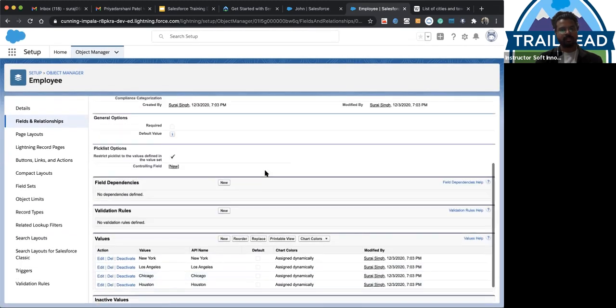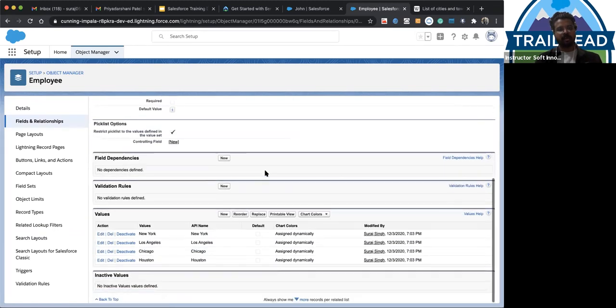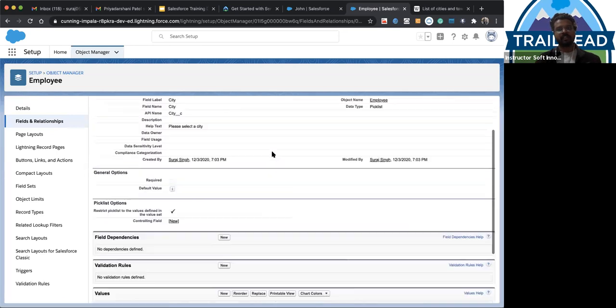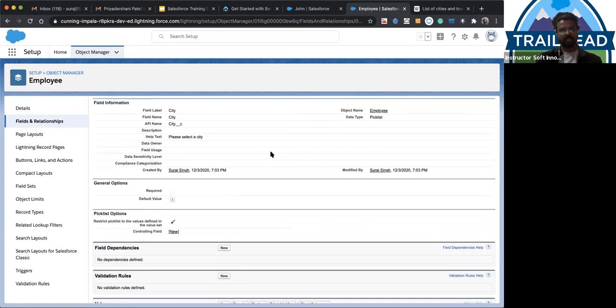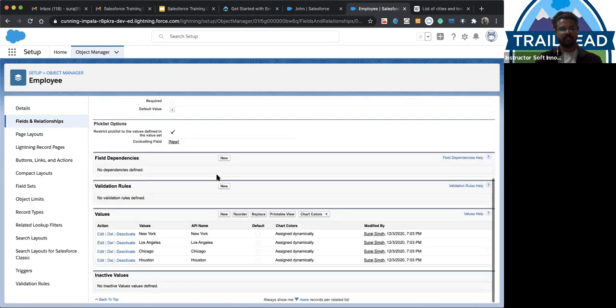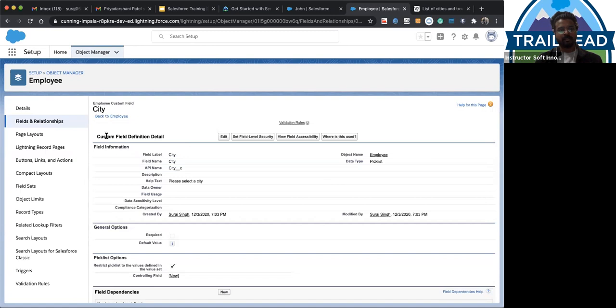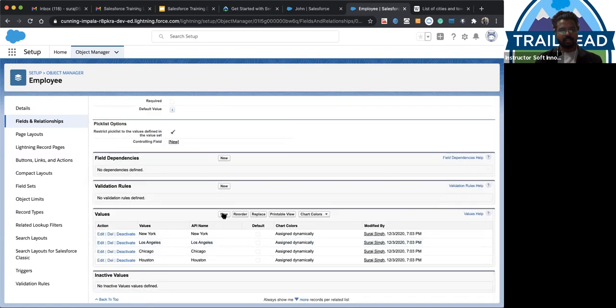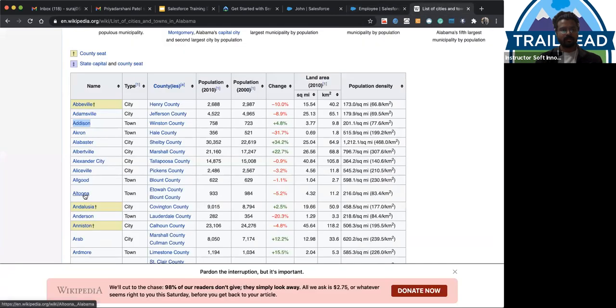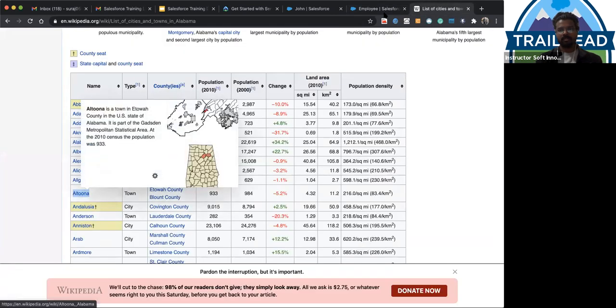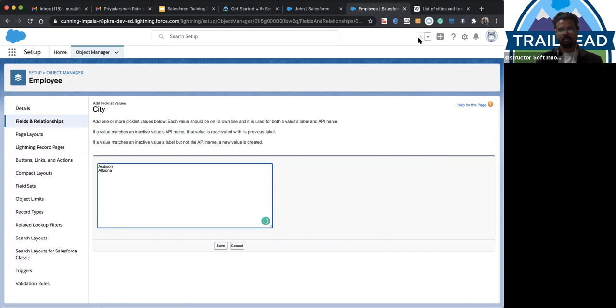Also capture how I'm adding values, because whenever we have a requirement to change a pick list value, you just open that pick list field and add new values here.